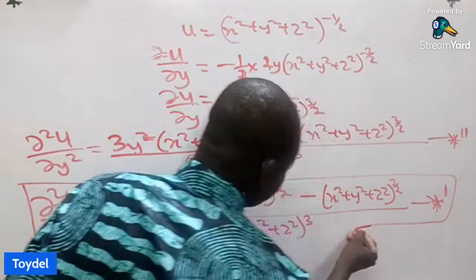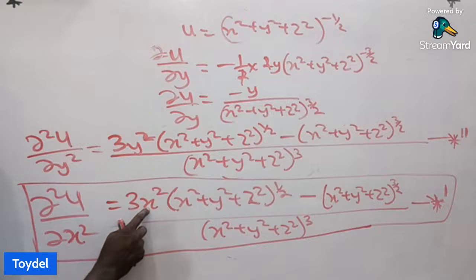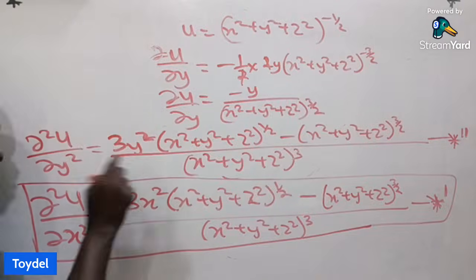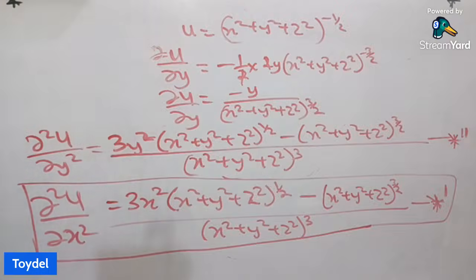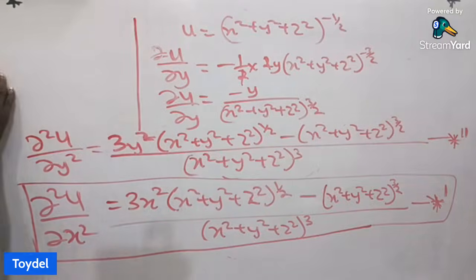So if we now do that of z, it will still be the same thing. The only difference is that we are going to have 3z squared here. When you go through the same process, we have the same thing. For instance, let me just do it here. If I want to find ∂u/∂z,